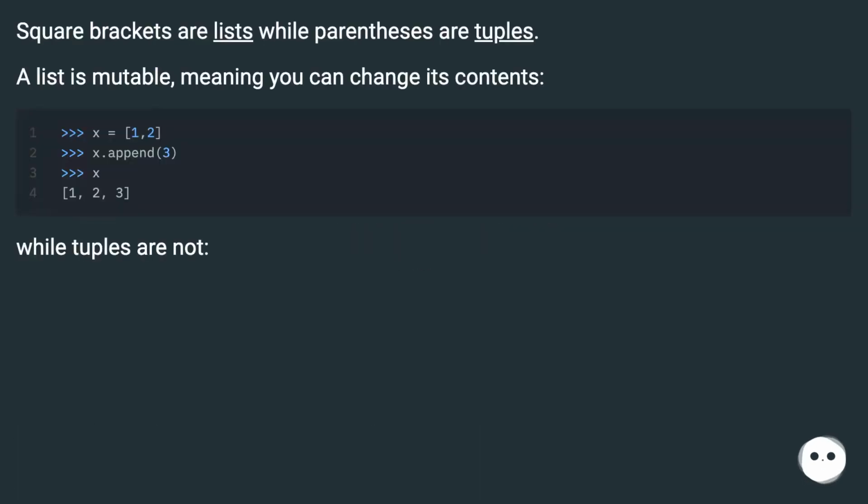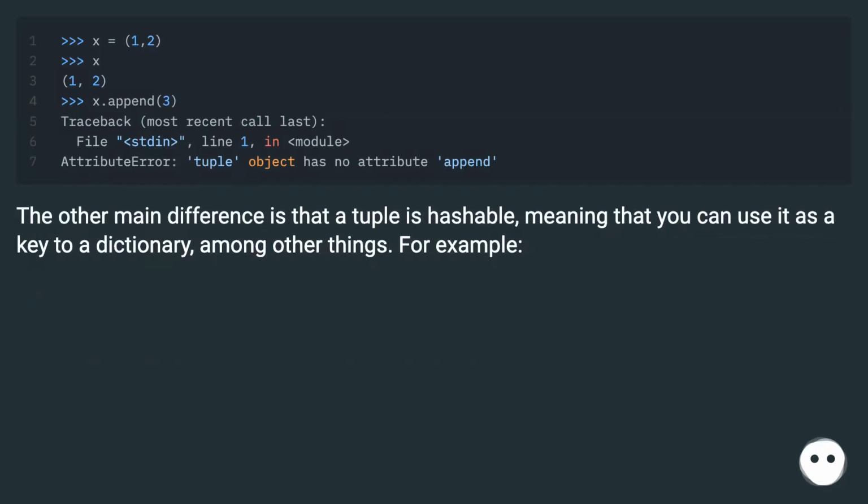Square brackets are lists while parentheses are tuples. A list is mutable, meaning you can change its contents, while tuples are not. The other main difference is that a tuple is hashable, meaning that you can use it as a key to a dictionary, among other things. For example,